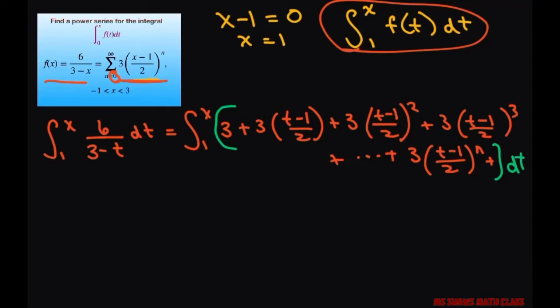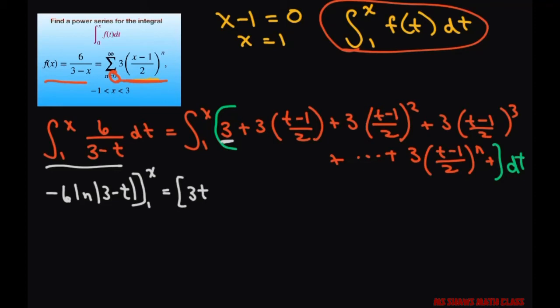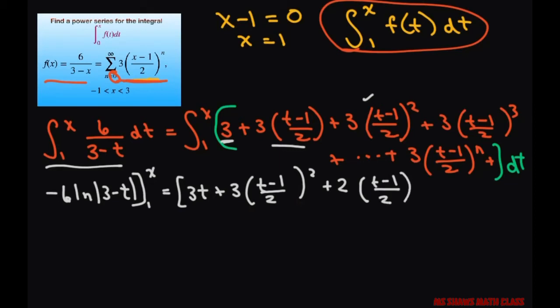And for the left-hand side, we're going to get negative 6 ln of 3 minus t, and we're evaluating this from 1 to x. Okay, on this side, the antiderivative of 3 is 3t. For this piece, you're going to get plus 3 times t minus 1 divided by 2 squared. And then for this one, we're going to get plus 2 times t minus 1 divided by 2 cubed. And then plus, let's see, how many do we have? 1, 2, 3, we're good. Dot, dot, dot, plus